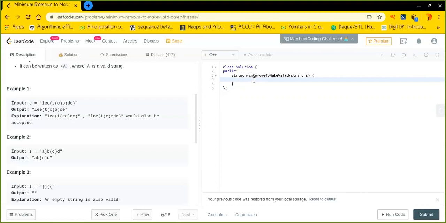Okay, so let's quickly code this out. So basically let me find out how many closing brackets there are. There is a count function, all right, which will count the number of closing brackets, and I have initialized the open as 0. Cool. So my final answer is this. So what will I do? I will simply iterate over the string,